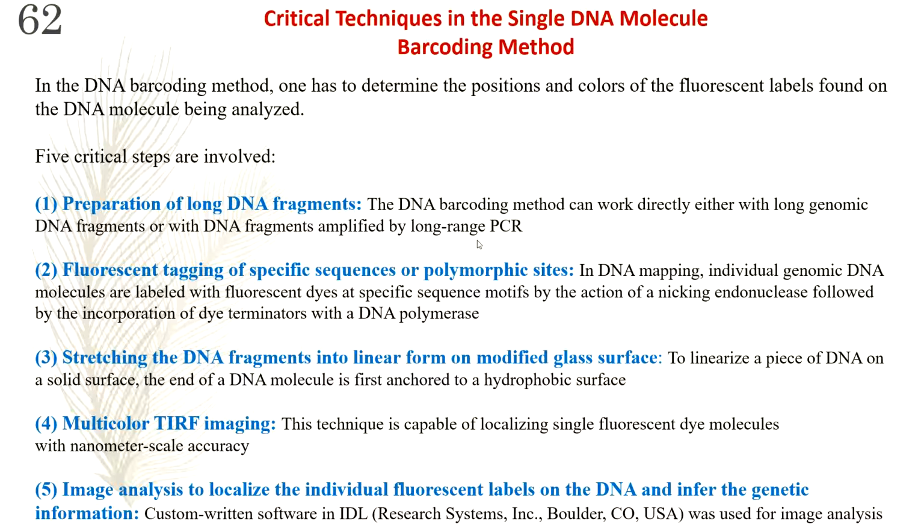Because if you don't merge these images together, we are not going to know the exact locations, because all of the individual fluorescence are localized at different locations. So once all the images are extracted and merged, these individual dye labels are superimposed onto the DNA backbone, and then the whole sequence motif map is constructed, and the haplotype is inferred after localizing the dye labels along the DNA backbone. Okay, so this is how we perform this whole DNA molecule barcoding method.